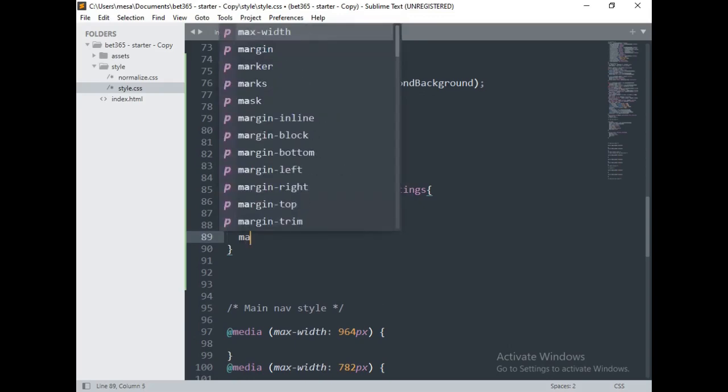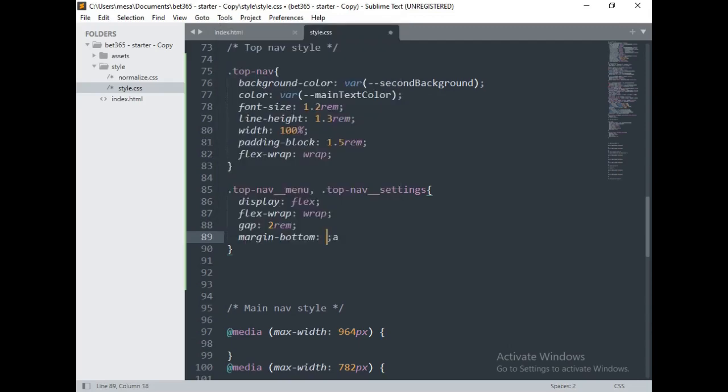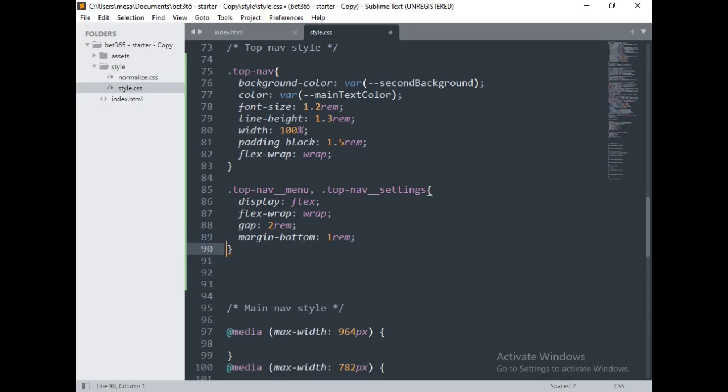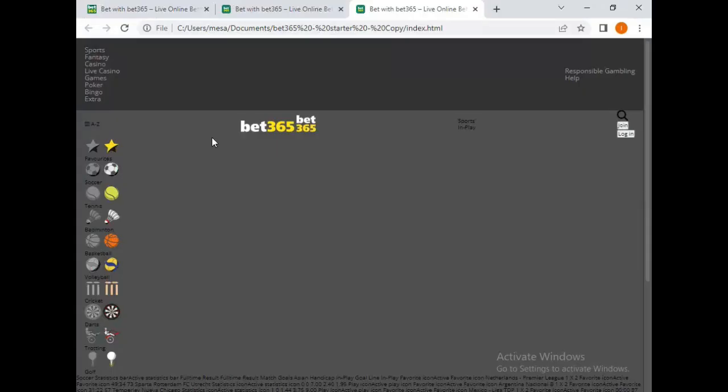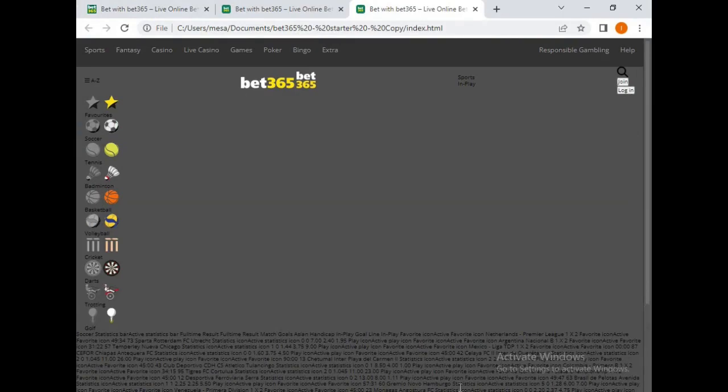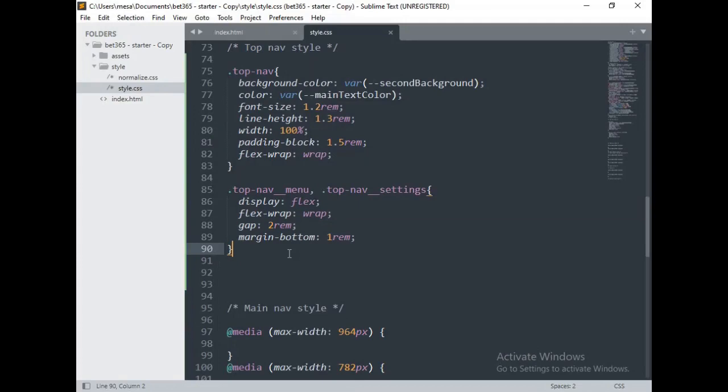Then margin to the bottom, one rem. Okay, there you can see we have decided to display flex. Now when you're done with that one,